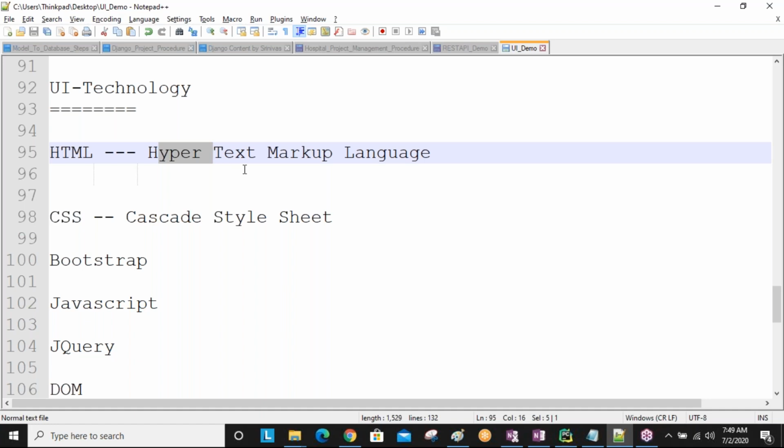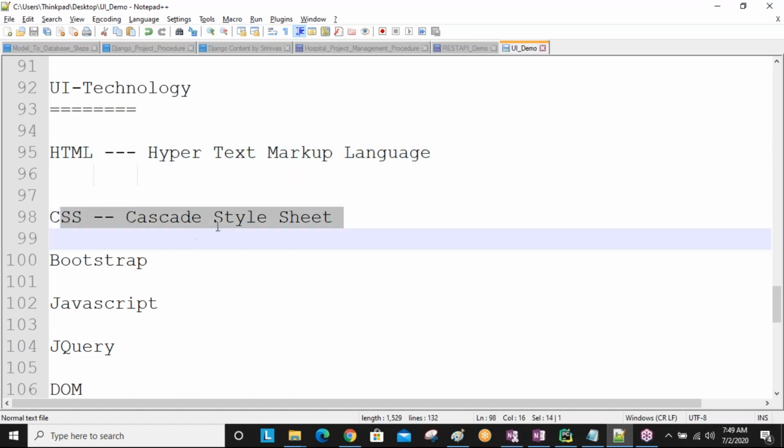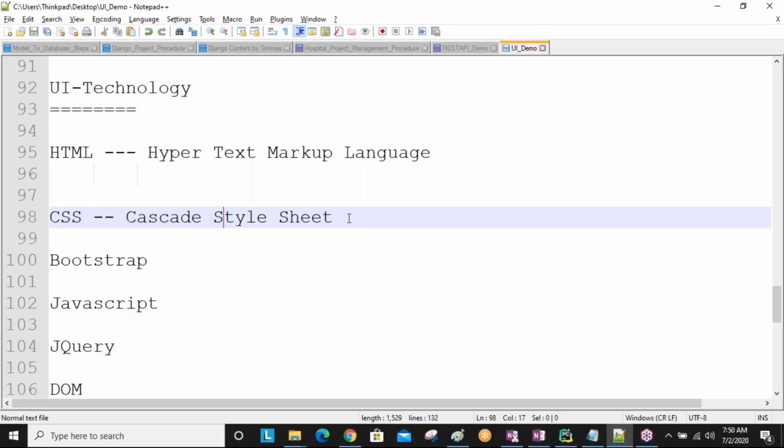Using CSS, you give the designing, the beauty of our application. For your application using CSS, we give colors, designing, font styles, table formats, different designing styles. When you apply CSS to your HTML presentation, then only the data on the website looks beautiful.